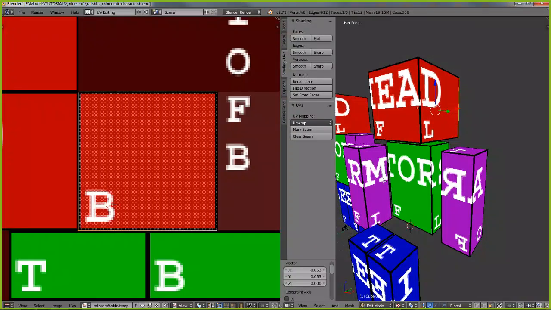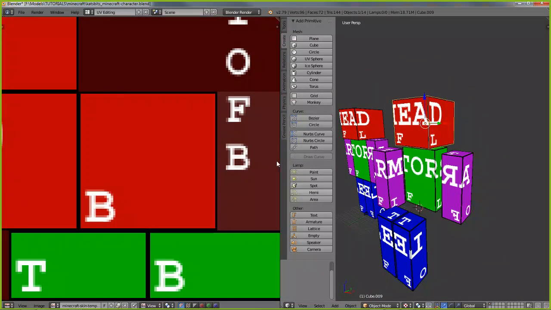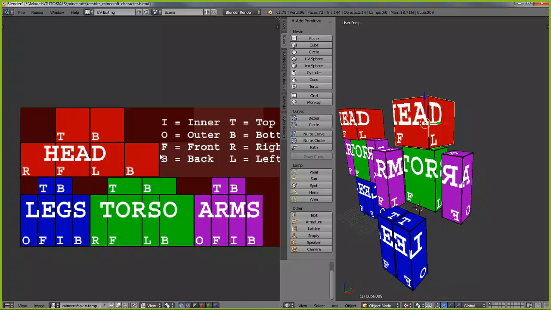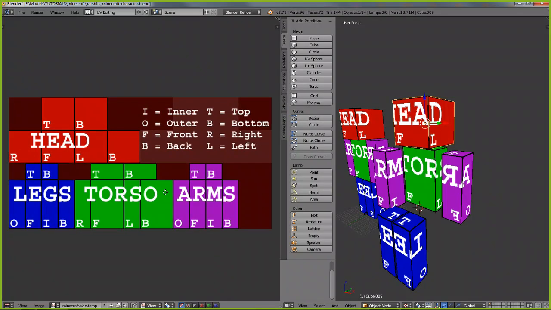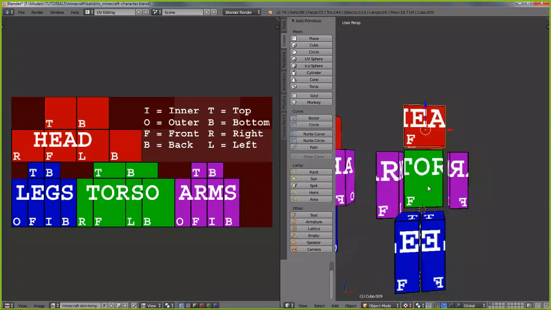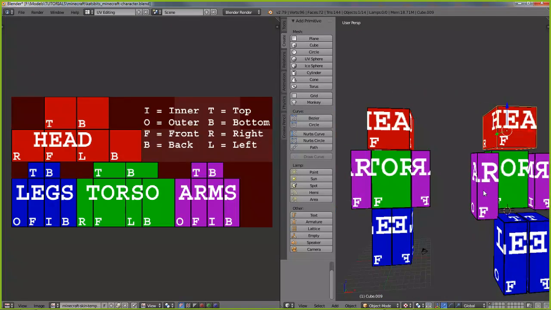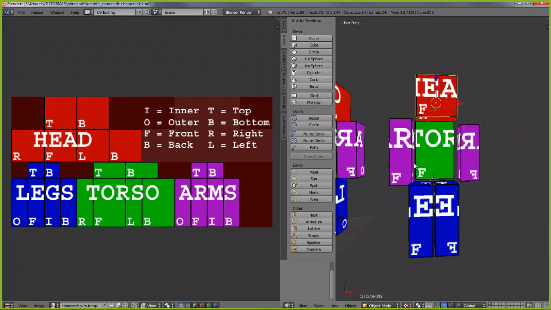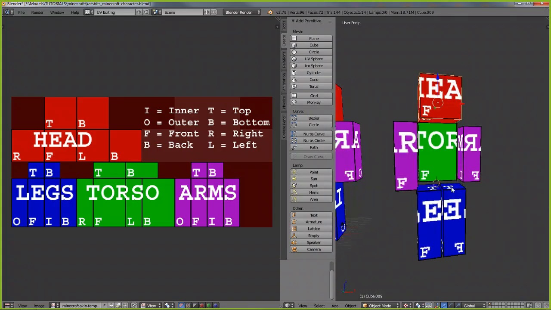Right, so those are all the parts. Bit of a slog to do that. So what we can do next is make sure everything's properly aligned to